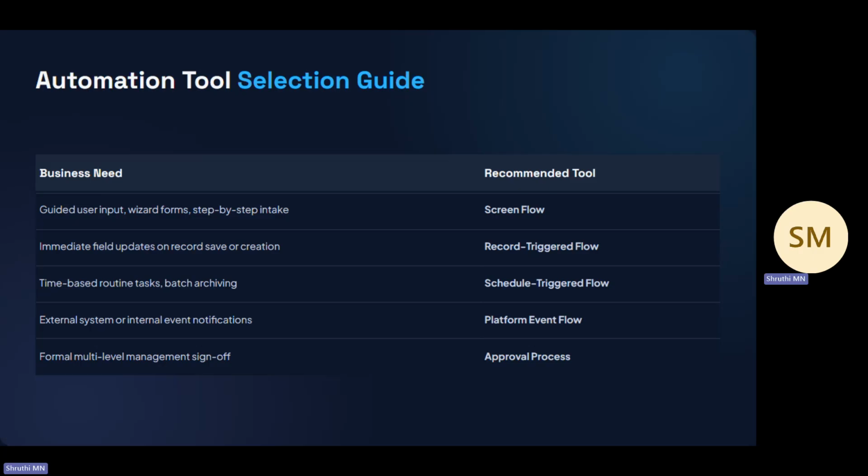Your answer should be screen flow. Do not stop there. Explain why. Say, I would choose screen flow because the requirement involves user interaction and guided data collection. That is a much stronger interview answer. You're showing the interviewer that you understand the business requirement, not just memorized